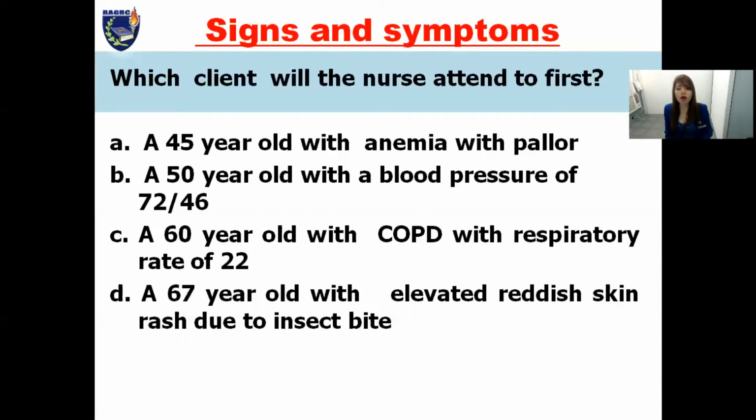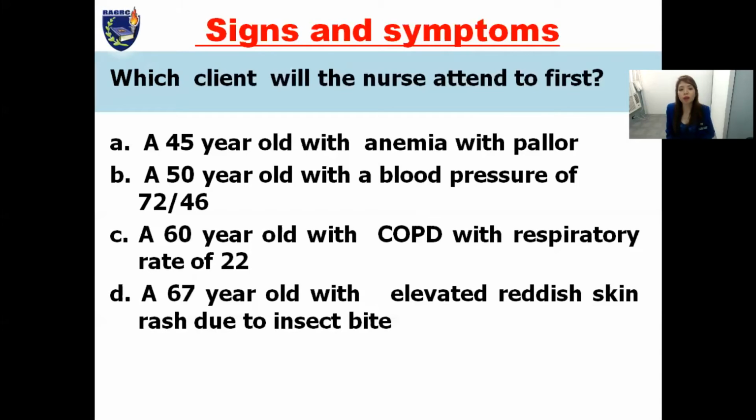Letter B, a 50-year-old with a blood pressure of 72/46. Is that ringing a bell? Well, 72/46 is a manifestation suggesting that there is a circulatory collapse because of a very low BP, or a severe hypotension leading to shock. Is that falling under ABCD? Yes: anaphylaxis, blocked airway, circulatory collapse, and drooling. So letter B